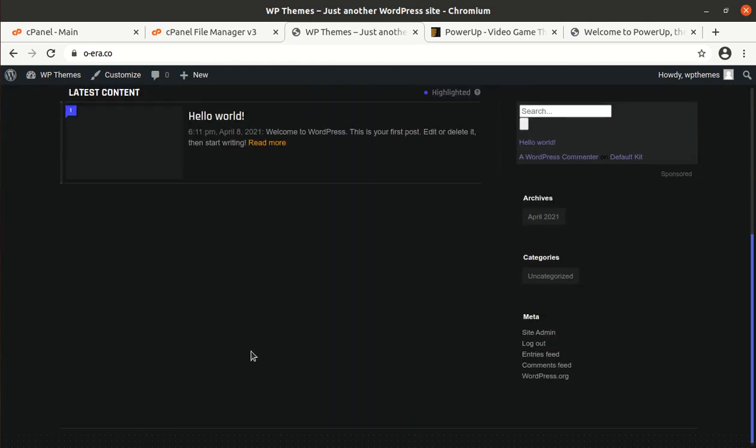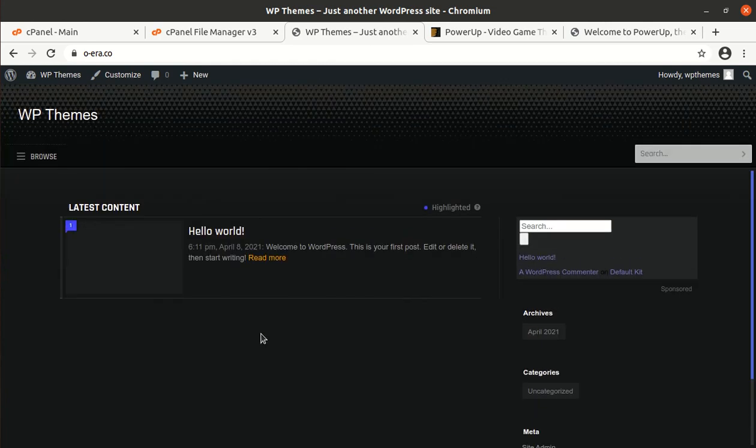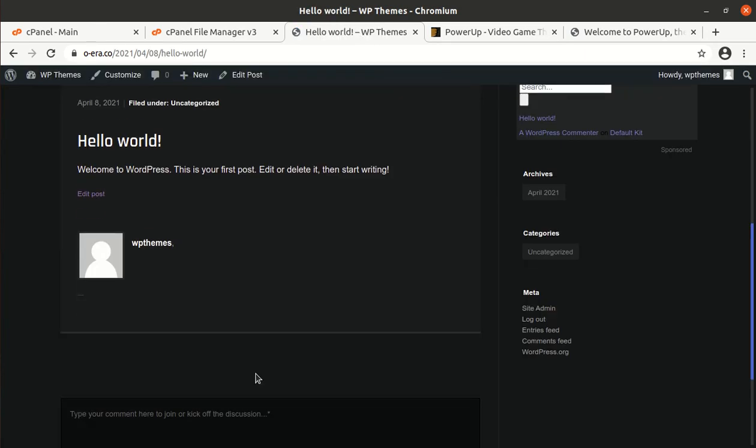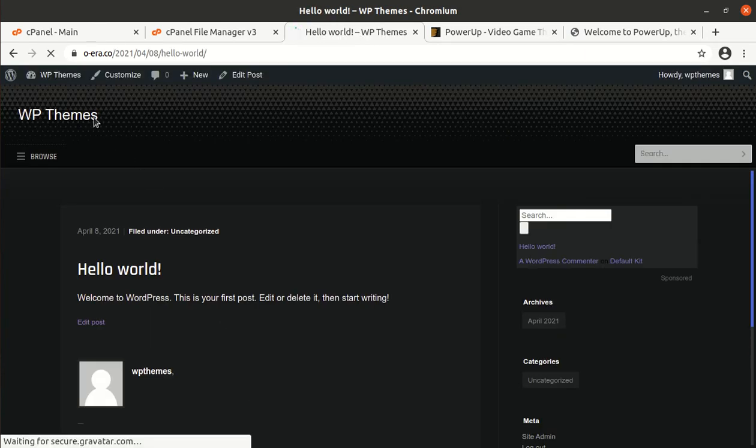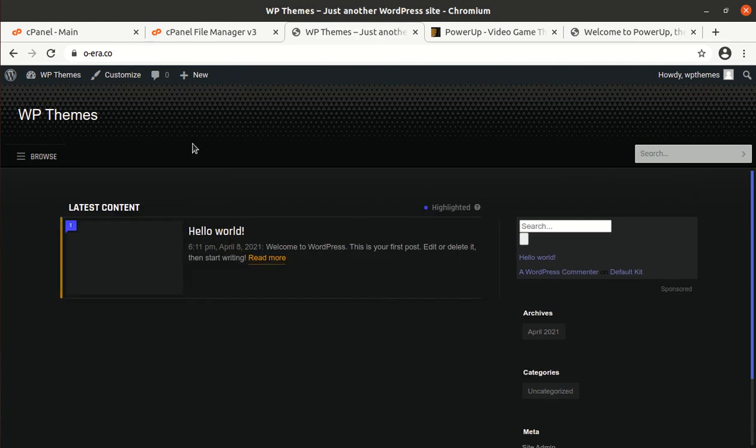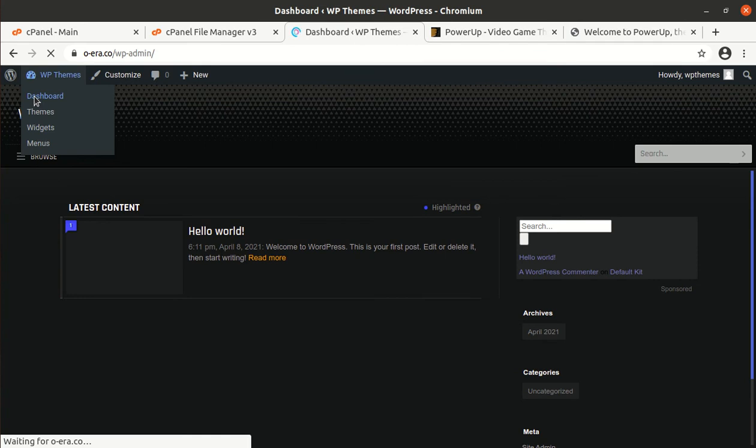So this is why it does not need any demo content. And this is the look of the Power Up WordPress theme, and it does not require any specific settings, in fact.